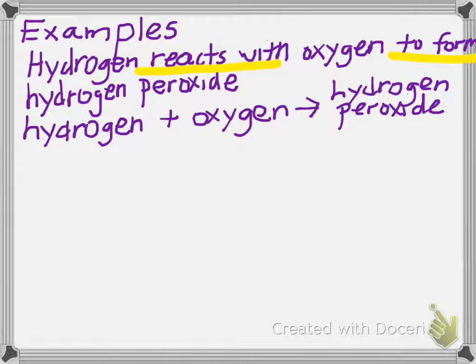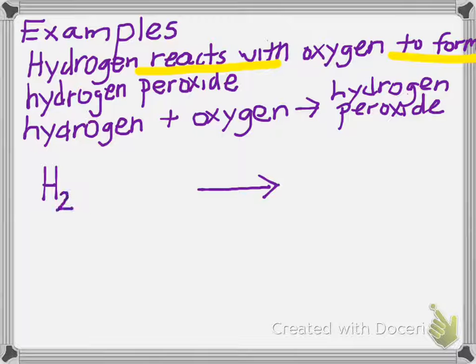So that's our word equation. Now we want to work through those steps to writing our balanced chemical equation, okay? So we're going to put our arrow kind of towards the middle. And we need to write the formula of each substance, and we have to put it on the correct side of the arrow. So hydrogen's a reactant, so I'm going to write